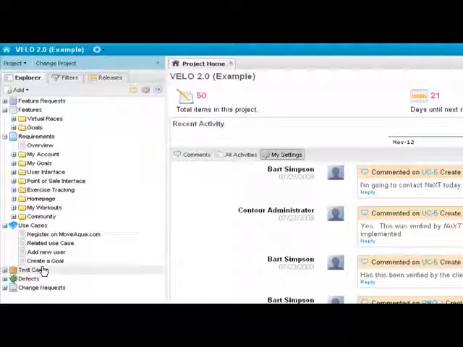Because Move Fitness as an organization has decided that all release management will be done within and inside of Contour, it makes sense to have defects as well in Contour. We realize that defects also can be tracked in JIRA, and that's just a different process, and things can be done in many different ways through these various tools. But in this case, it makes sense for this organization to have the defects as well, because as they're doing